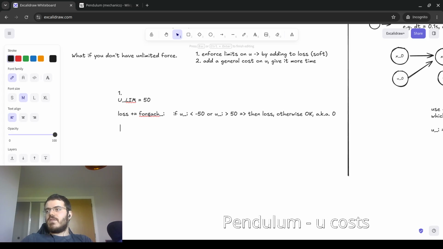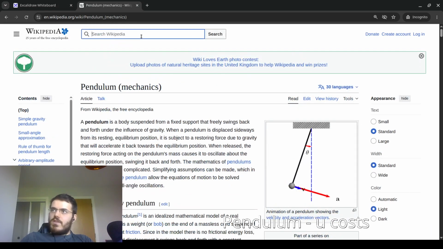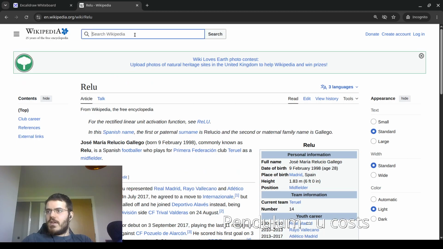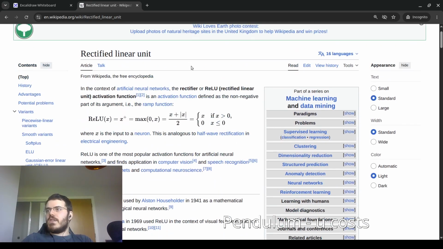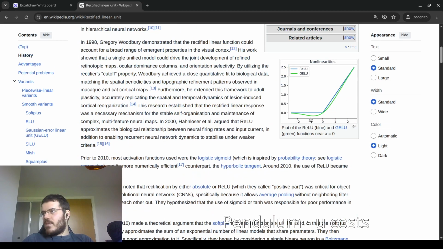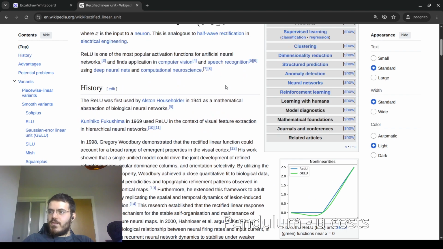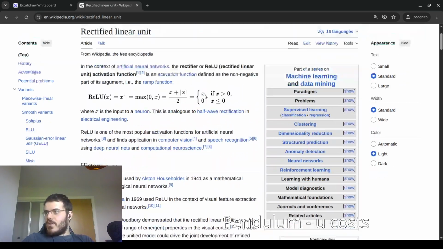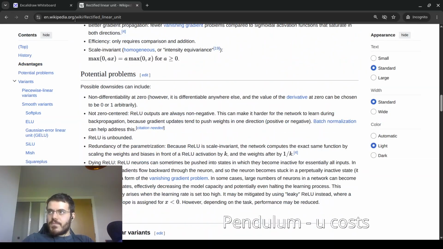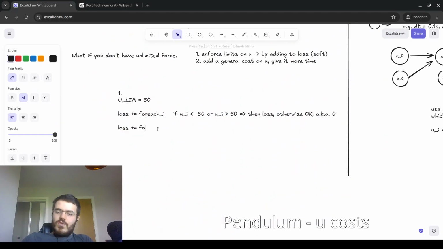The way we're going to do this is we're going to use a rectified linear unit. So we'll go relu. That's not the right relu. Rectified linear unit. Cool. So this is a rectified linear unit, and it is 0 when the variable is less than 0, and the actual value of the variable otherwise, also known as max of 0 and the variable. Very useful for neural networks and very useful for us. So max, if you look at it long enough, you can convince yourself the max of 0 and,